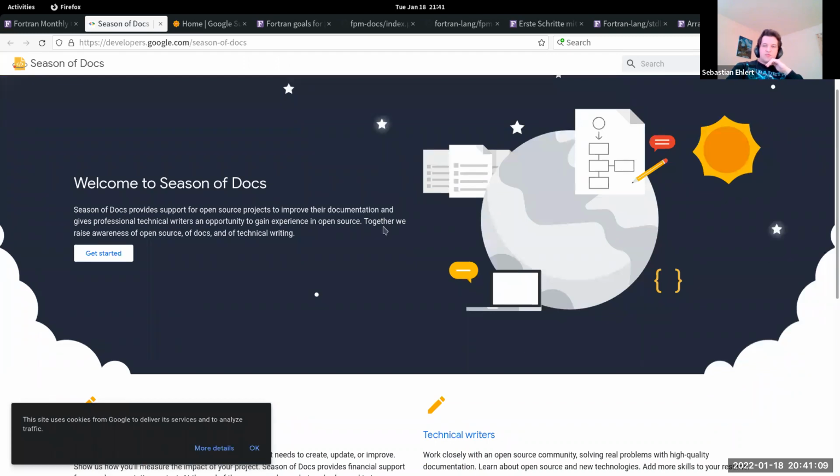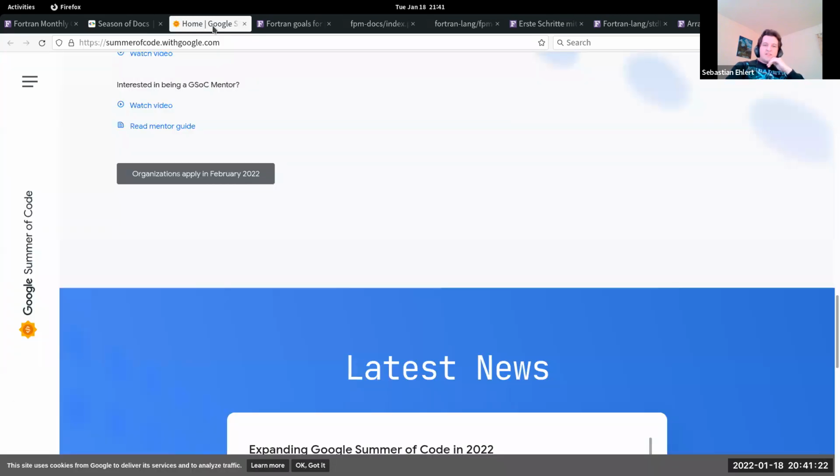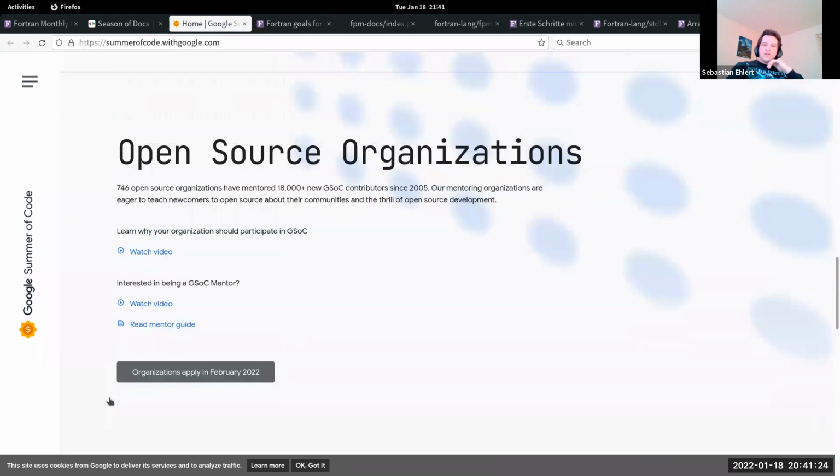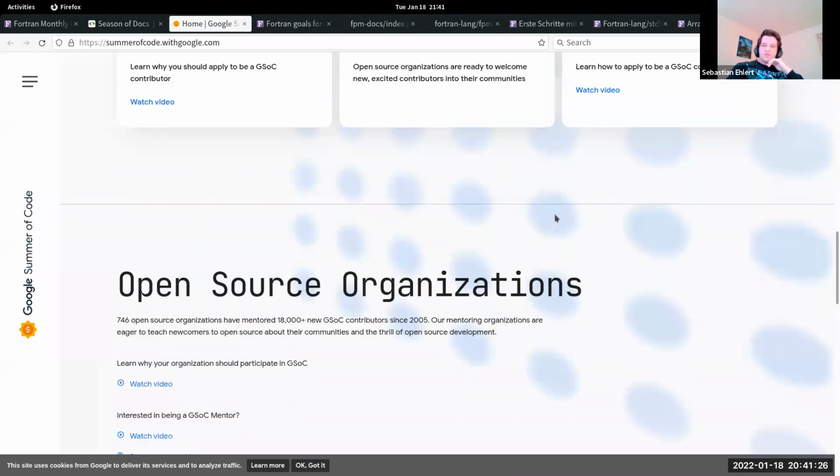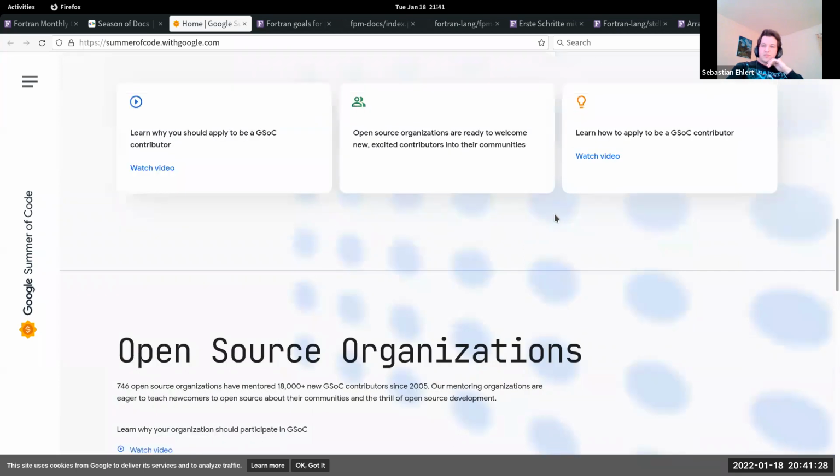So these are two separate things, and also propose projects which are more in the writing documentation regime rather than in the coding regime. Actually, you can't even submit a project which is entirely documentation to Google Summer of Code. They are not going to accept this.